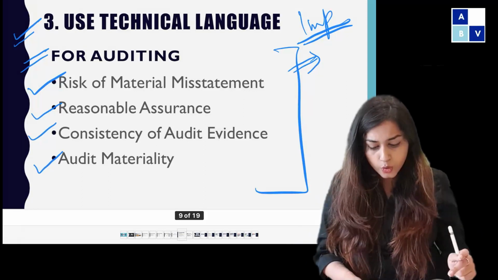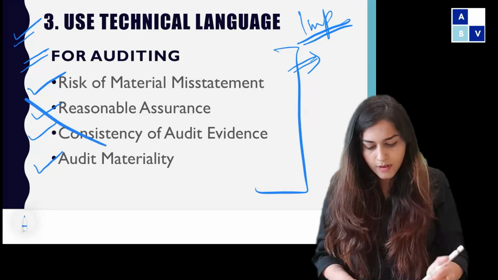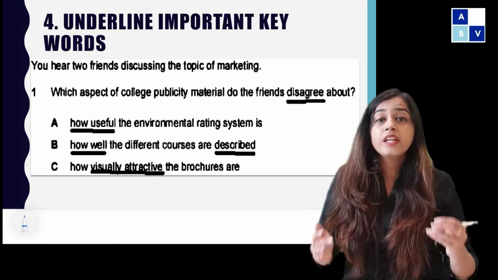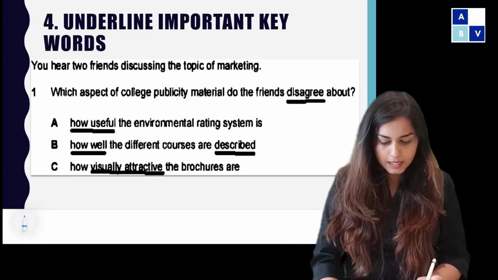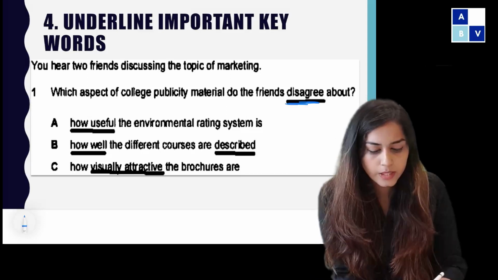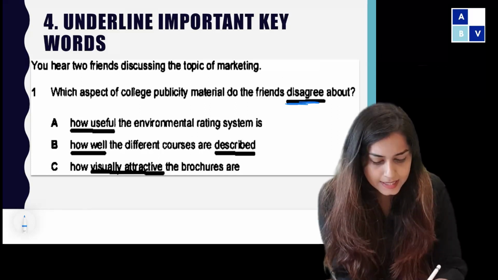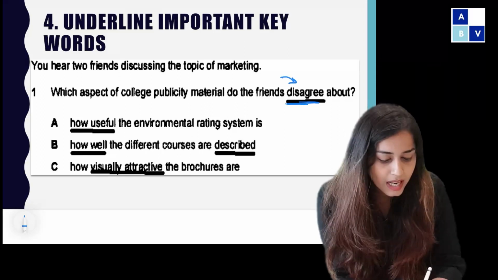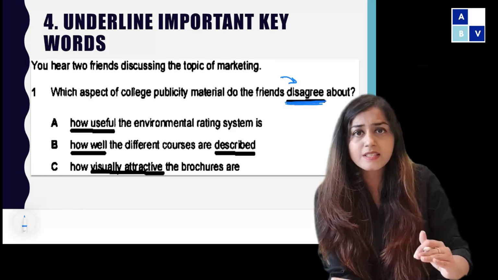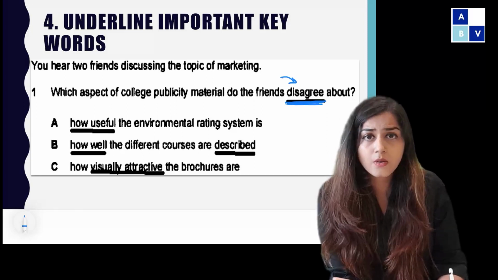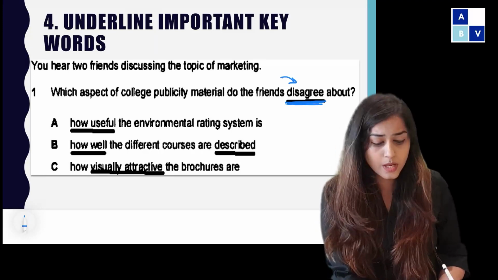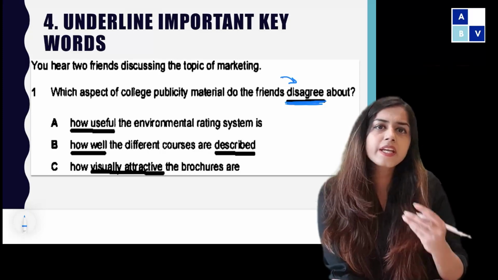So what you should do, you should underline. You should always underline here. Since you are required to use only black pen, underline it with the black pen. But always underline. You can't expect the person to notice it otherwise. If I want my examiner to pay attention to the word disagree, then I will underline it. Just thinking that you wrote it is not enough. It may not catch the examiner's eye to read it. All you have to do is underline the word. This will make it easier.